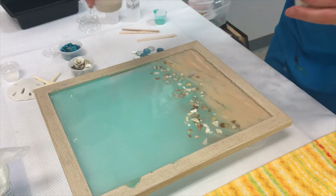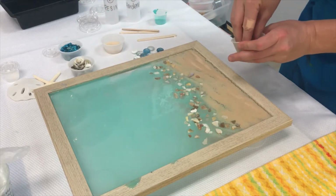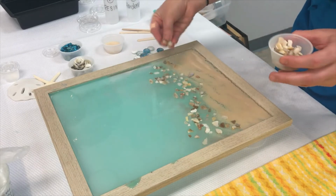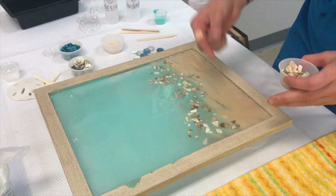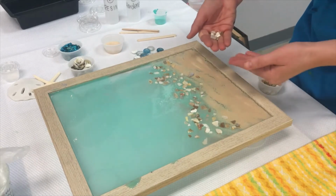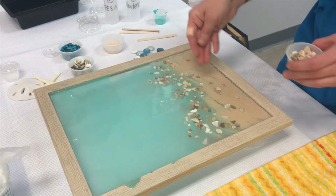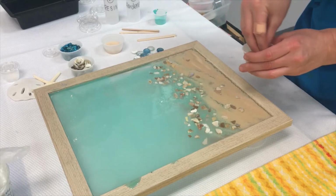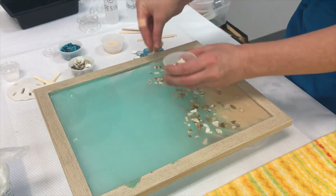You'll notice I still have about half of my sand left in here. You don't need all that sand, but if you wanted a bigger sand area, that's fine. But you don't want to put too much sand so that you can't put anything on top of it. If I wanted to put some shell on top of my sand, I want it to be able to still catch some resin. Okay, so